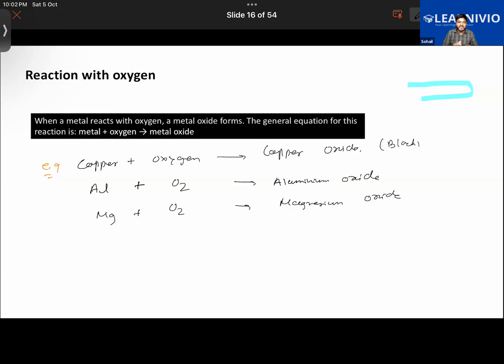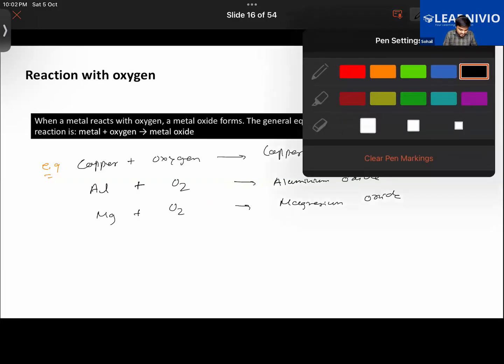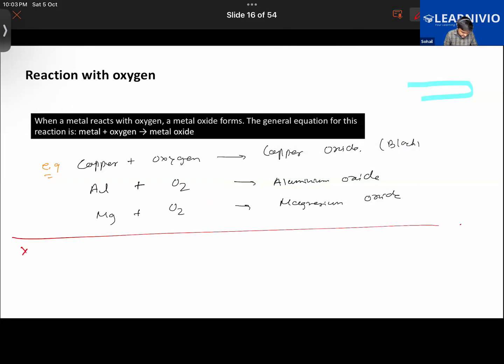Further, the reactivity of metals with oxygen will differ. Here we have seen that all of them are reacting with oxygen normally. Getting it, Ramesh? But if you were to take the special case of sodium and potassium, particularly potassium as well, they are going to react so vigorously with air that they are going to catch fire if they are kept in the open. Have you seen those videos in which if sodium is kept in air, it will automatically catch fire? It does spontaneous combustion.